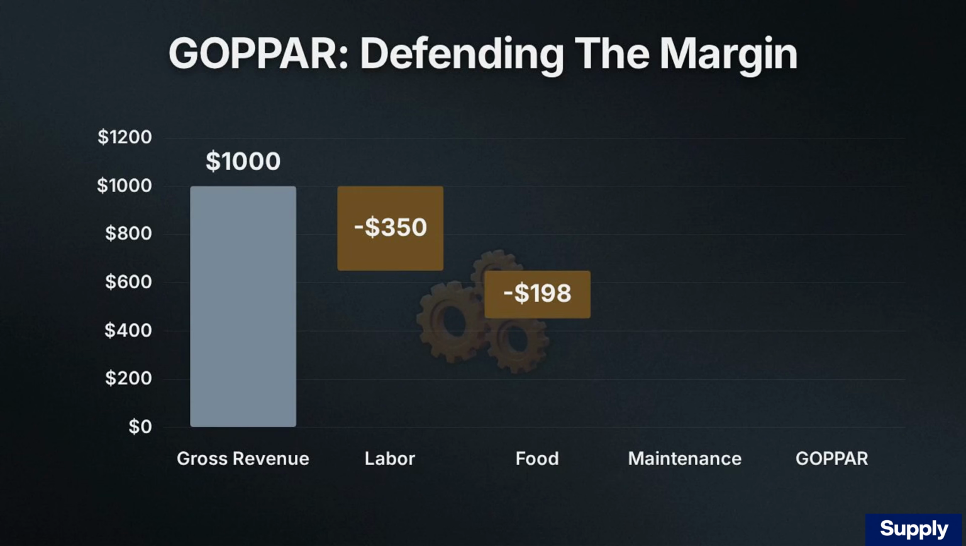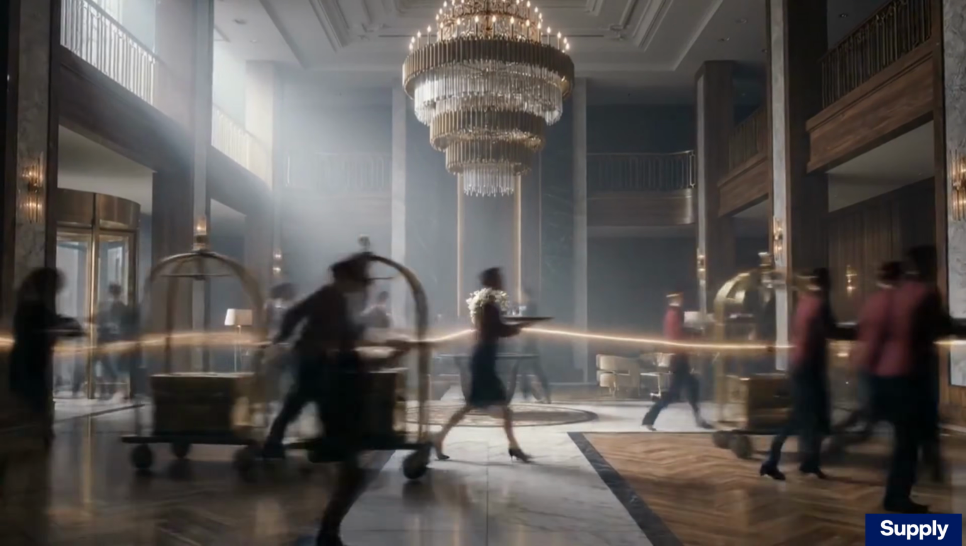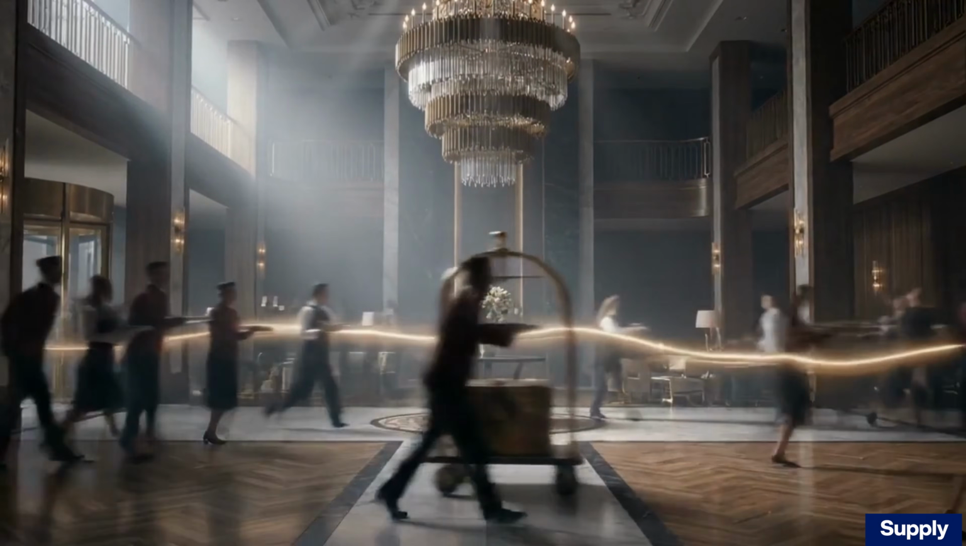This chart shows GOPPAR, gross operating profit per available room. You can see how massive operational costs, labor, food, and maintenance, are subtracted from total gross revenue, revealing a much smaller, highly defended bottom-line margin. Unlike a passive office building, a hotel functions as an active, high-burn retail ecosystem, forced to operate directly on top